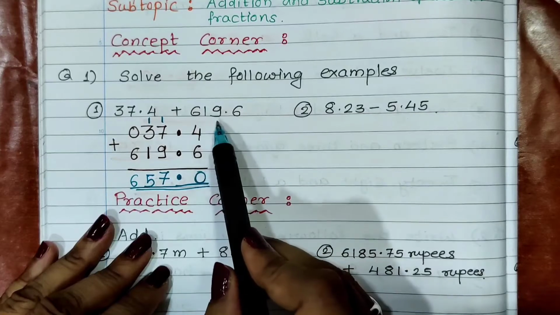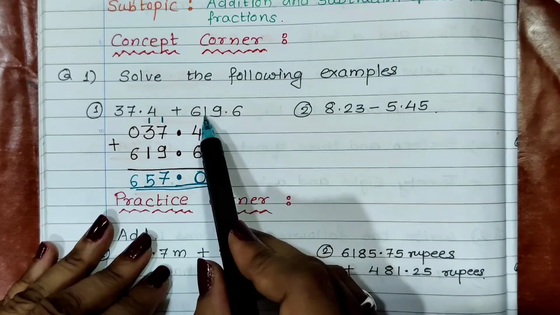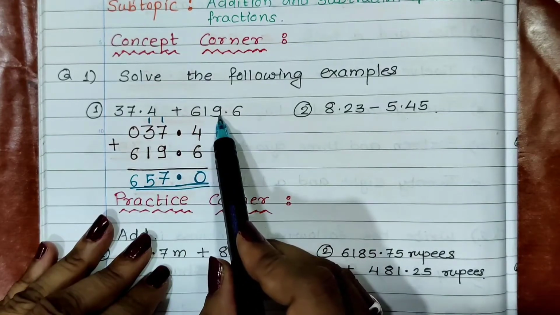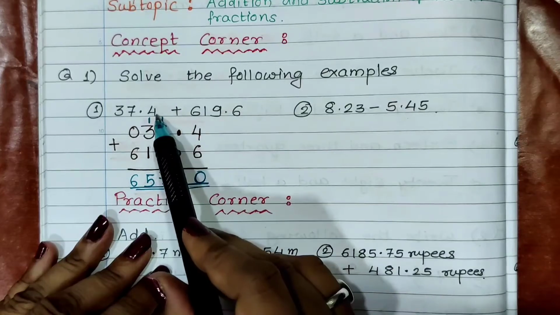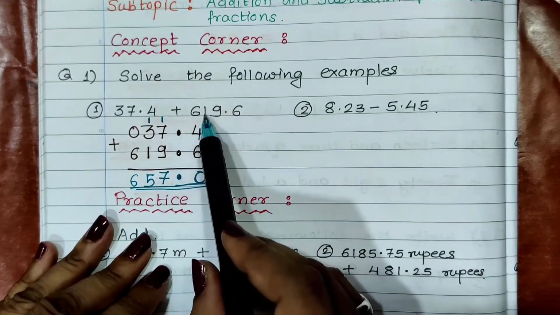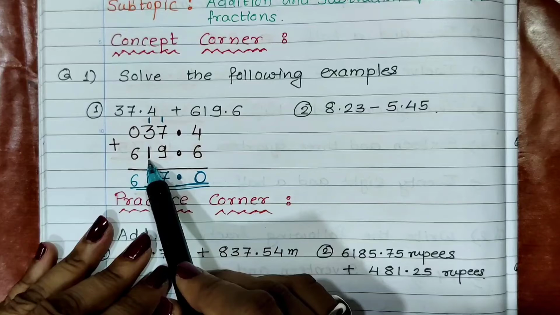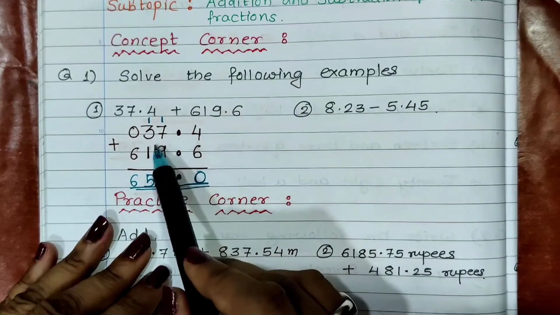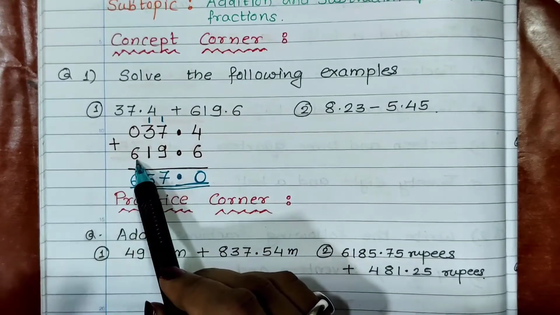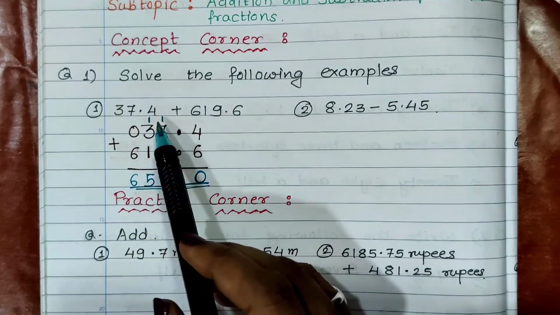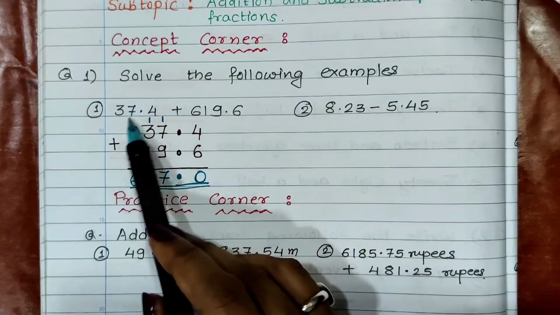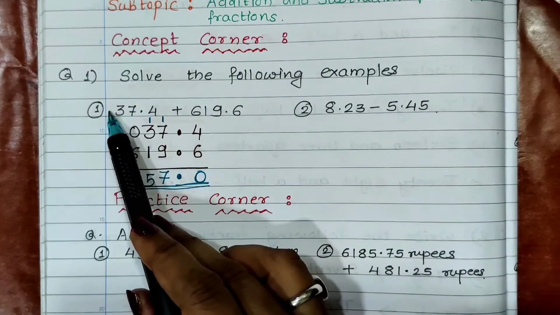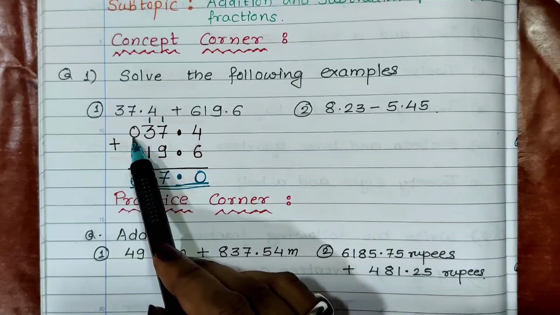Then on left hand side we can see 3 digits are there, 1, 2, 3. So this is units place digit, which should be written below 7. Then tens place digit should be written below 3, that means 1 should be written below 3. And then there is 6. In the first number only 2 digits are there. Third digit is not there, so we have to put 0 there.